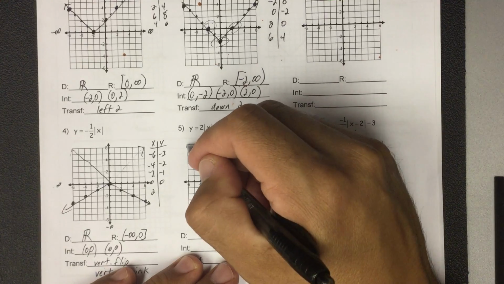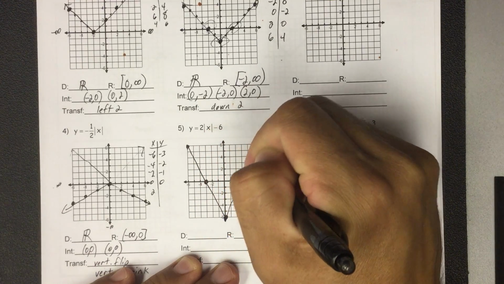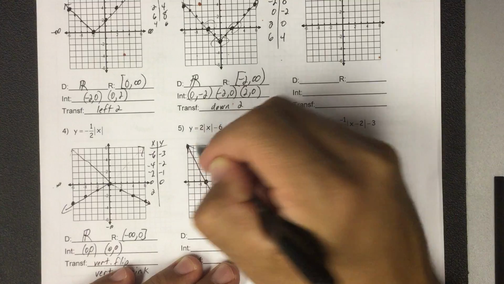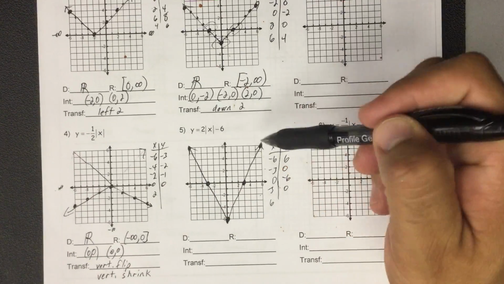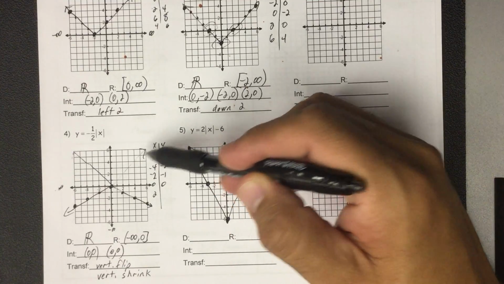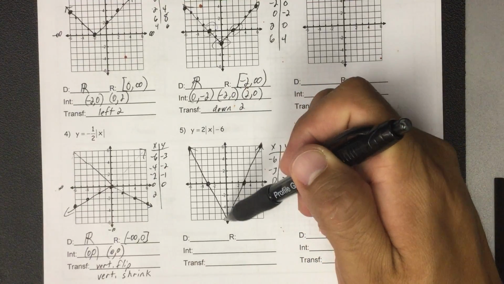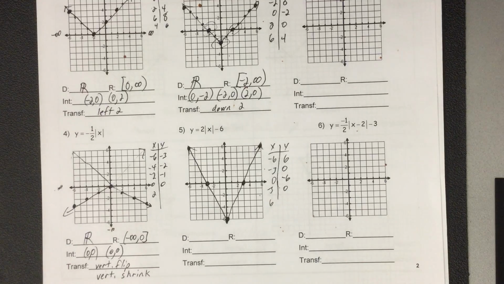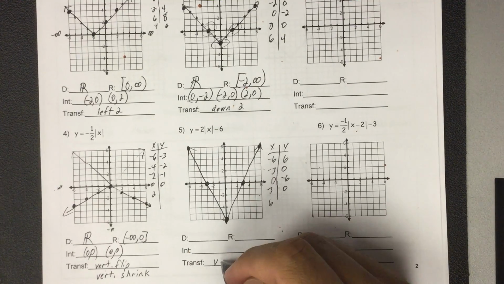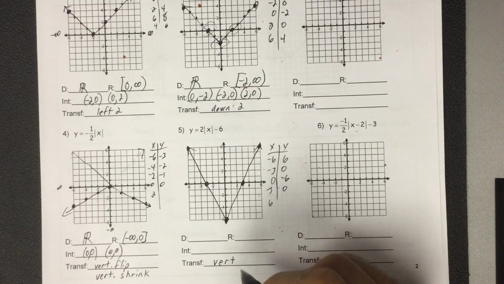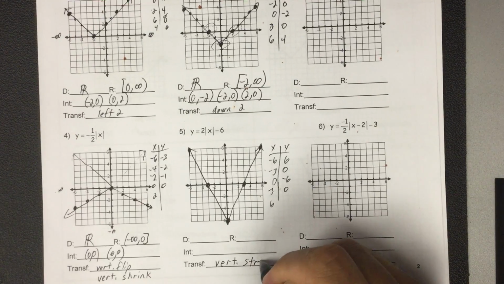So there's my V shape. It's a really tall and skinny V shape, right? Even though it starts up here in the same corner that the original started in, they've now pulled the vertex all the way down here. Okay? So it's done two things. And the numbers on the outside. So I have to say vertical stretch,